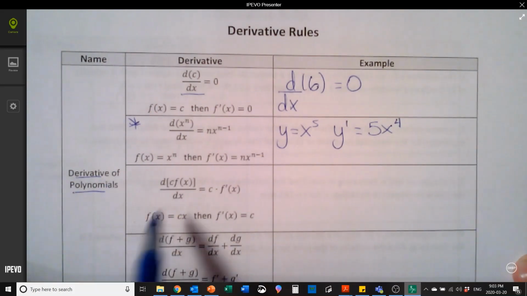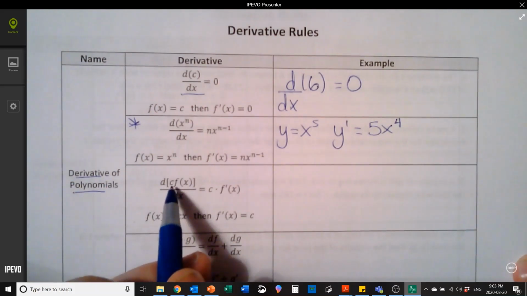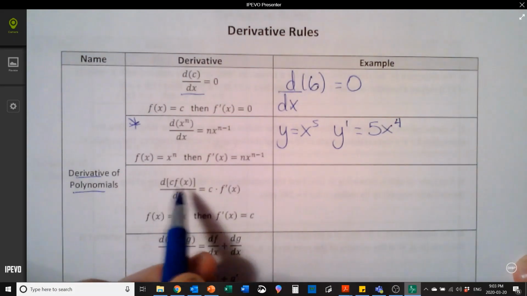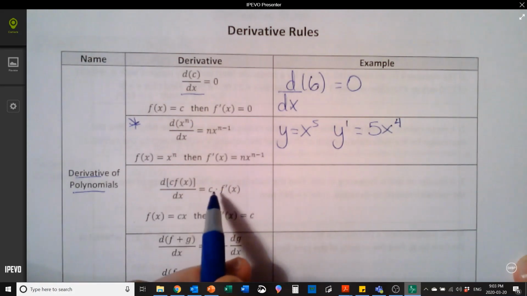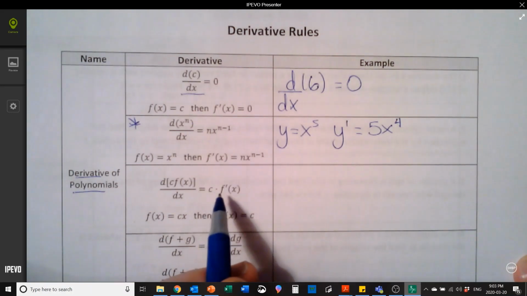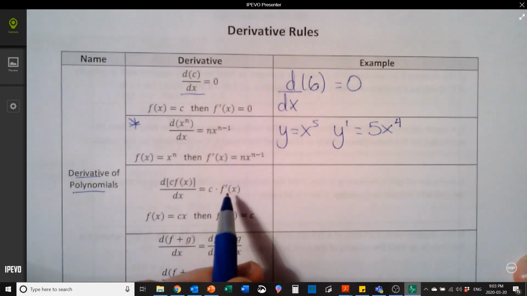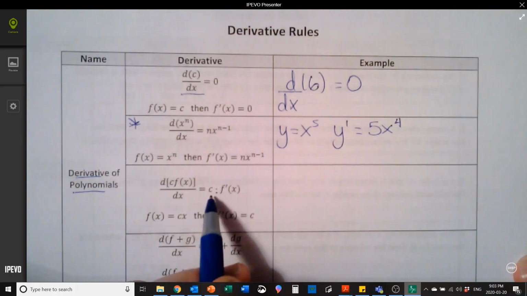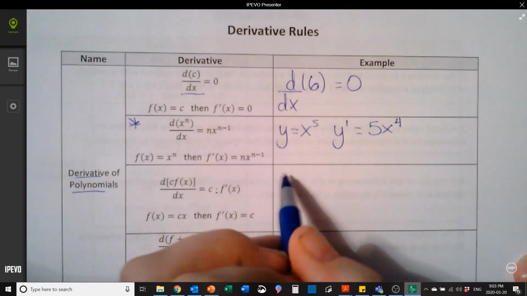Next rule. c times f of x. So what this means is if you have a constant in front of some function of x, that coefficient or constant sitting out front is not really going to have any impact right away. You're just going to take the derivative of the function of x and multiply it with the coefficient. So to give you an example of that one,